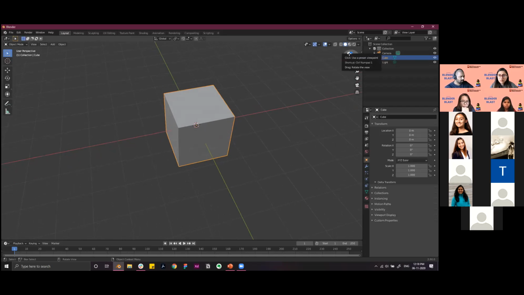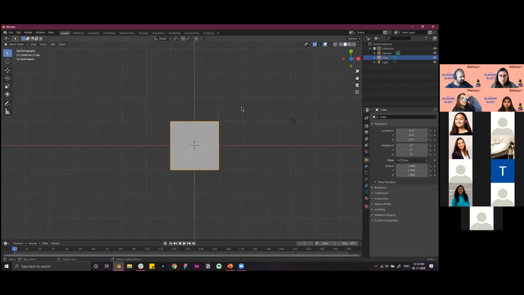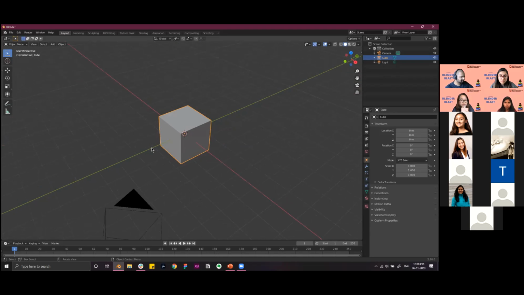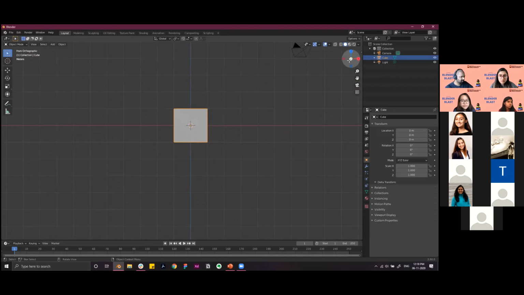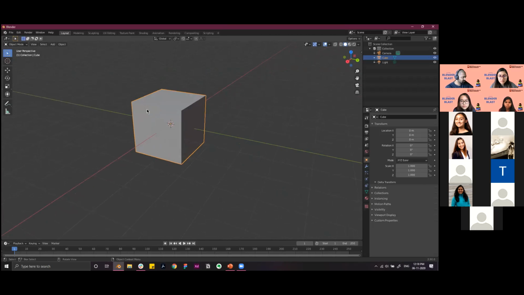Also, if you want to change the camera perspective, you have this gizmo out here, which you can use to move around in different views. So if I press Z, I can view it from the Z side, then you can press X to view it from the X, and there are other angles you can click on and it'll automatically move. You can press shortcuts to move around for that.